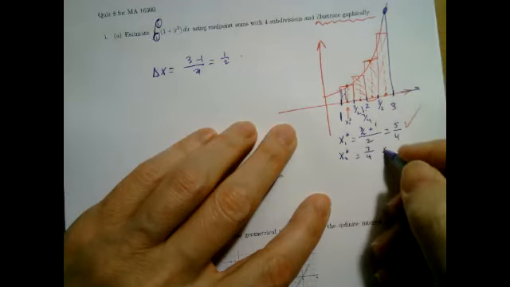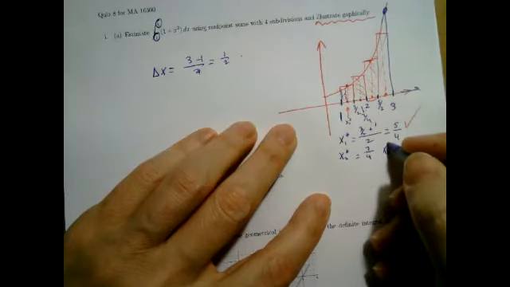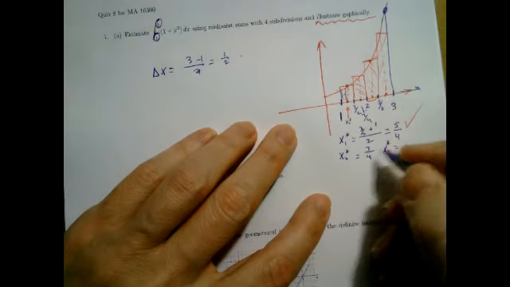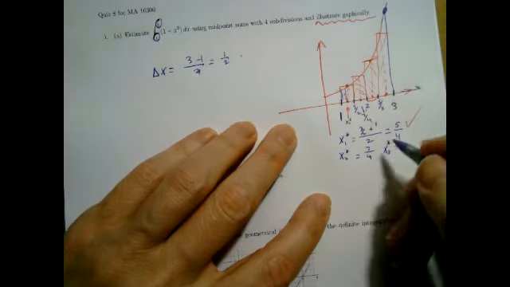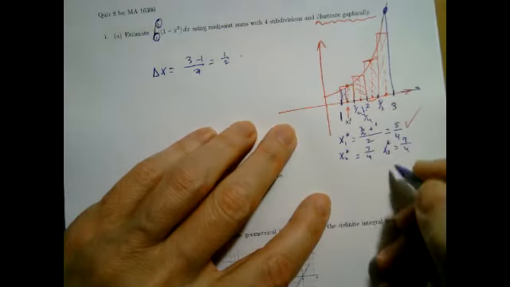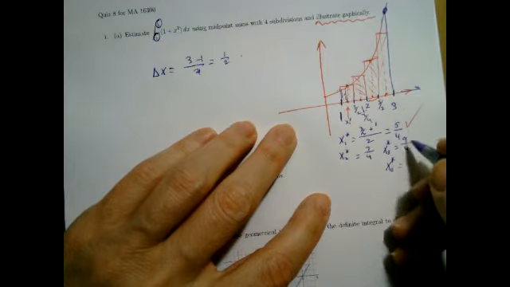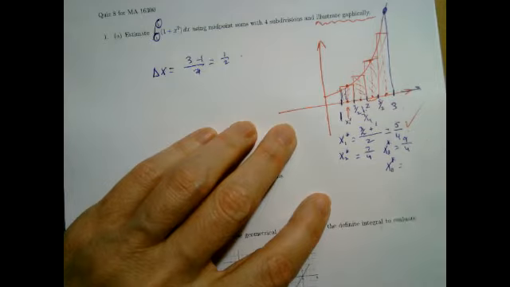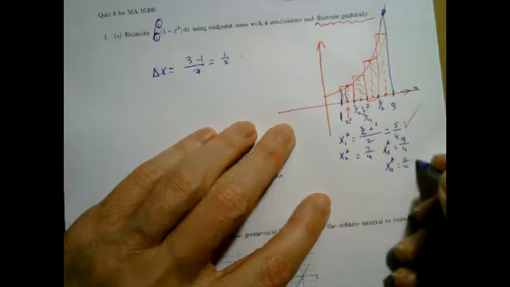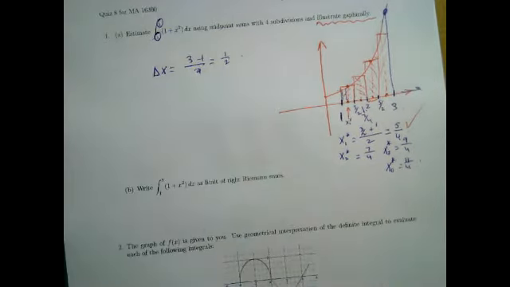And then we keep going. So the x3 star, you're adding again a 2/4 to it, which is going to give me 9/4. And finally, the x4 star, I have only 4 rectangles, you're adding another 1/2, which means another 2/4, and you're getting 11 over 4. And the midpoint sum is